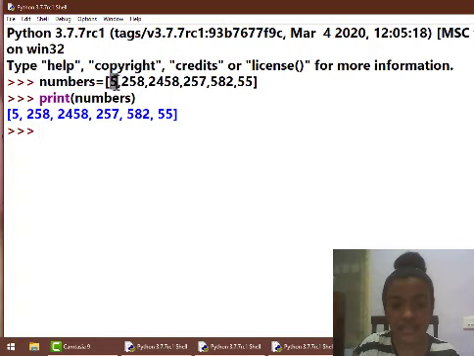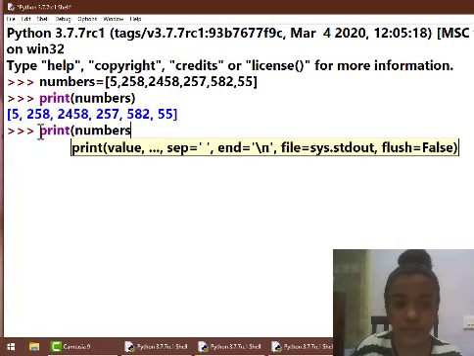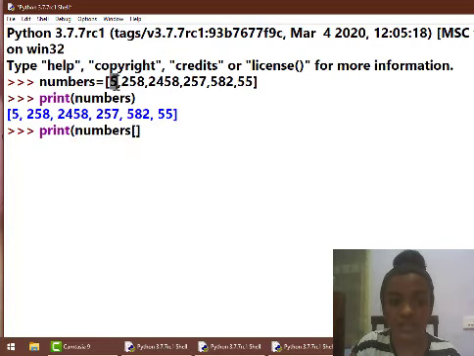Since 5 is of the index number 0 and 258 is of the index number 1 and 2458 is of the index number 2 and so on, if now I need to print 257 as my output, then I have to text here print the variable numbers, and within square brackets I have to text the index number. 257 is of the index number 3.